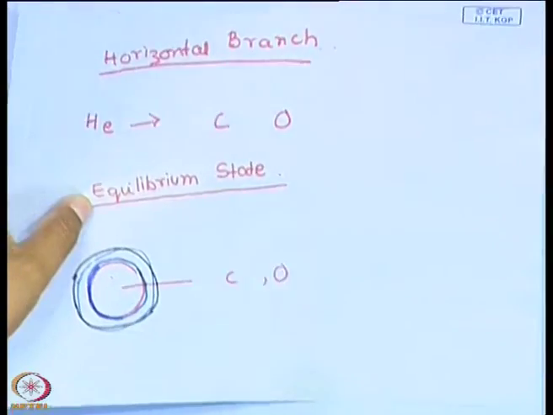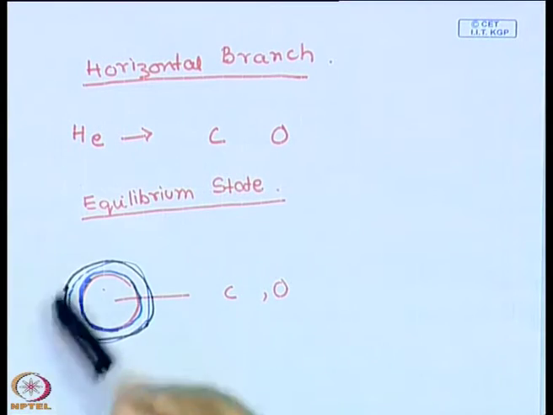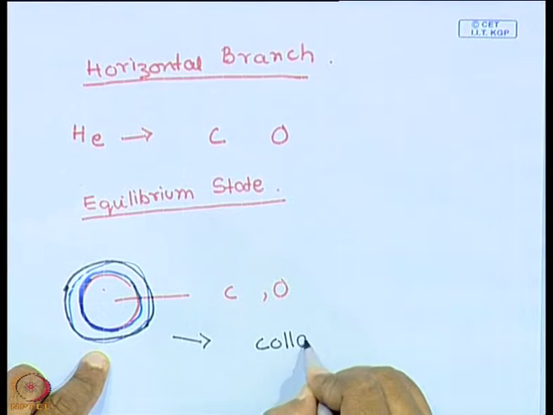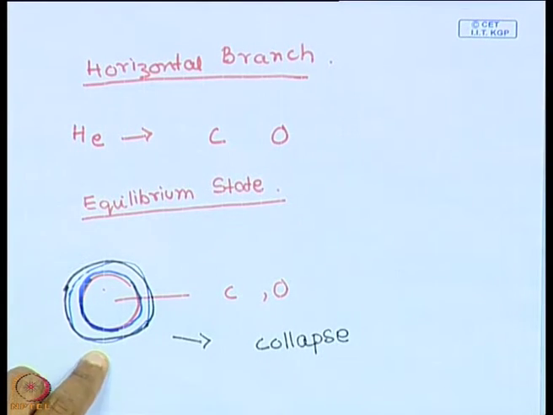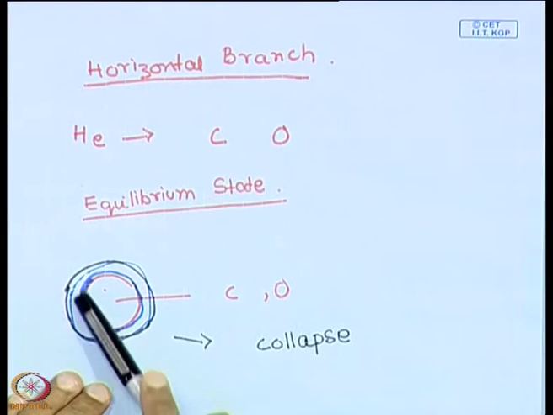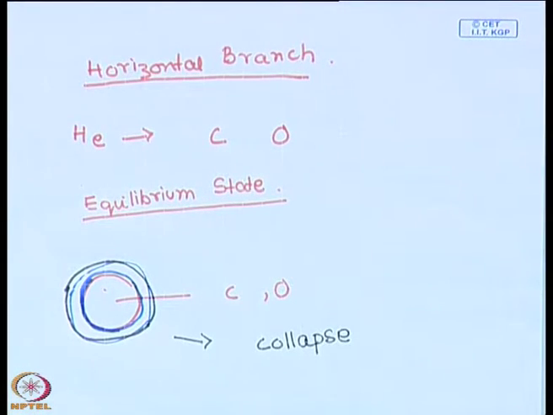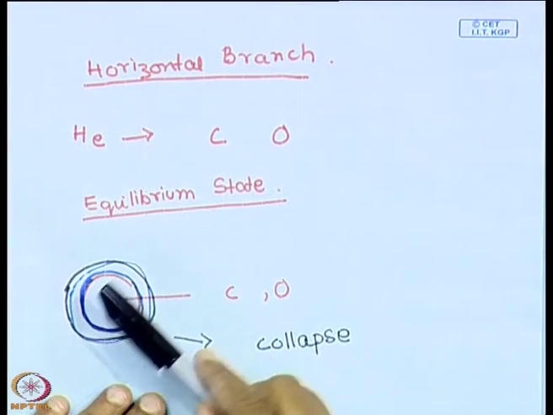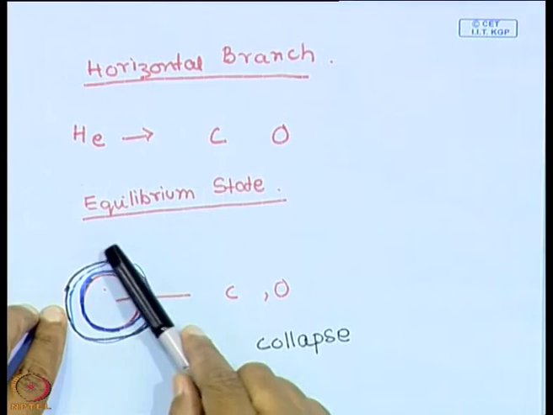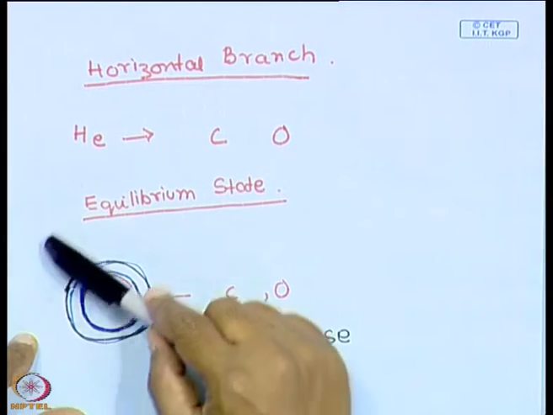And what happens over here is that this core will now collapse. It will, due to gravity. And again, as it collapses due to gravity, it will get heated up by straightforward virial theorem, and it will emit more and more energy, and this increased source of energy will cause the outer parts of the star